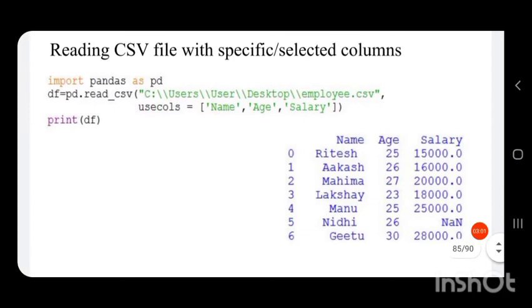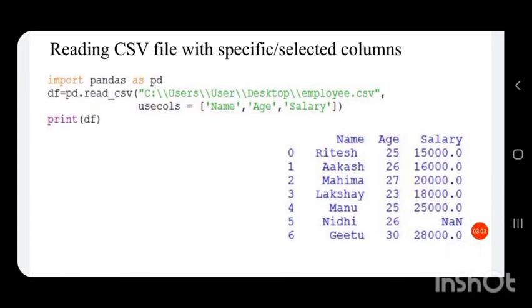then create a data frame df is equal to pd dot read_csv. That is, to create a data frame from a CSV file, we have the function read_csv.